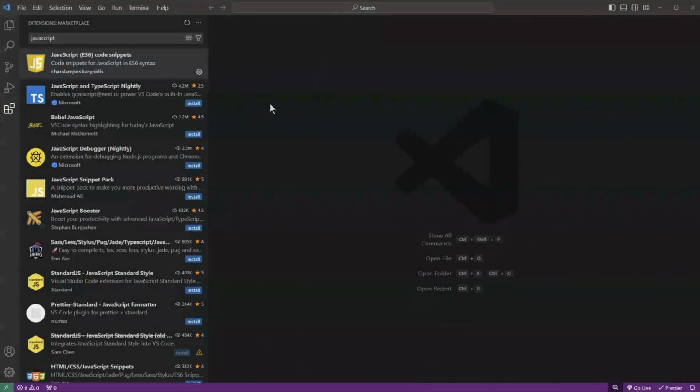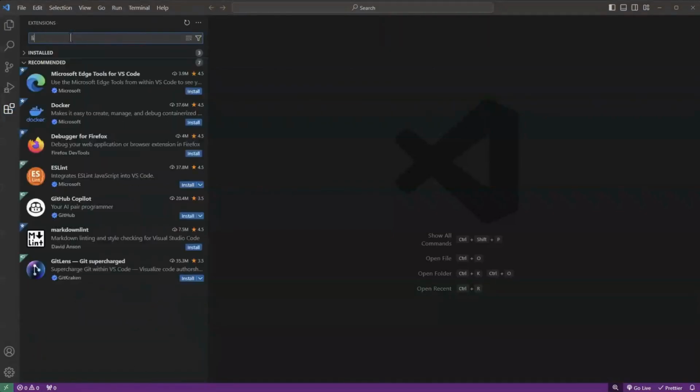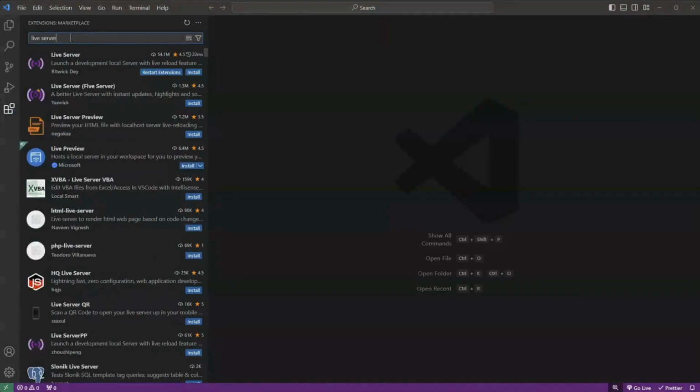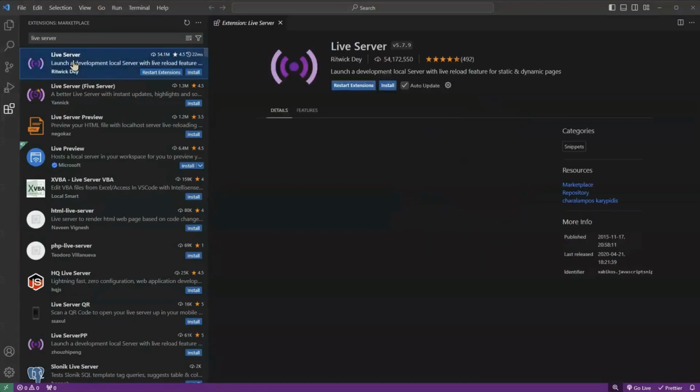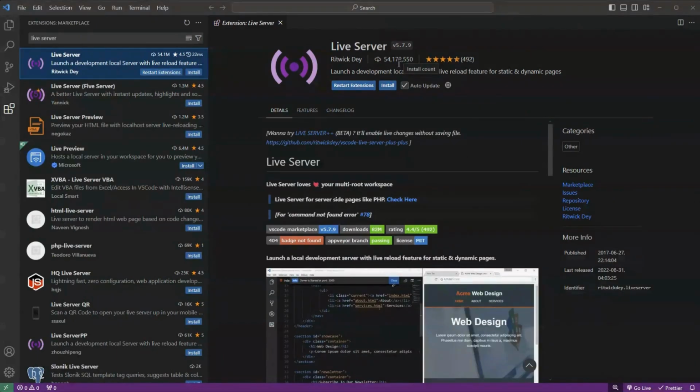Now, let's install a live server. This will allow us to see our code as we edit it on an actual web page on our own server. This server is on our desktop machine, so we say it is run on our local environment. So go to Extensions and type in Live Server. And select it. You can see here it has nearly 50 million downloads, so it's very popular. Click Install